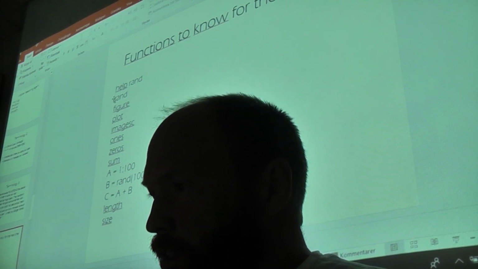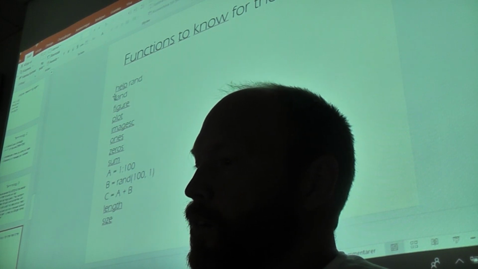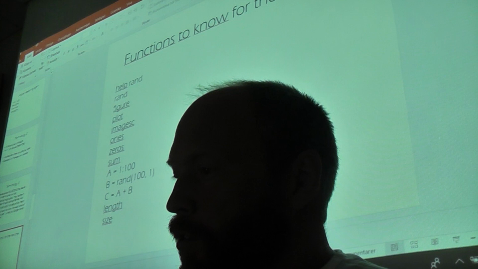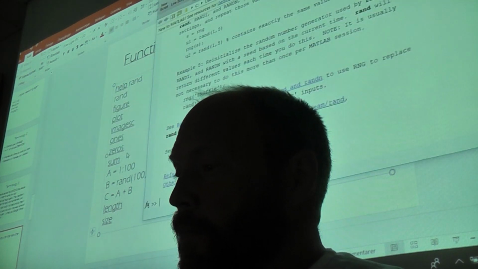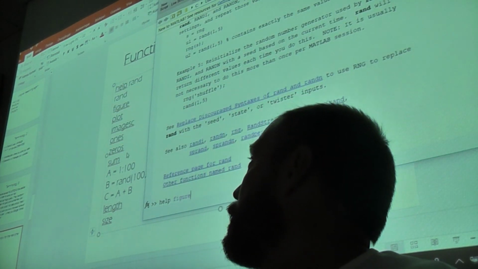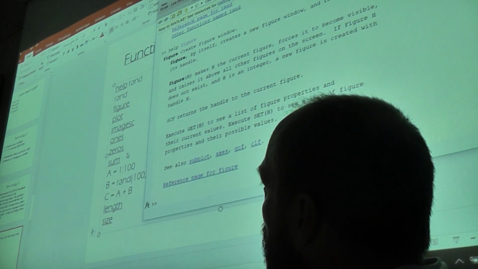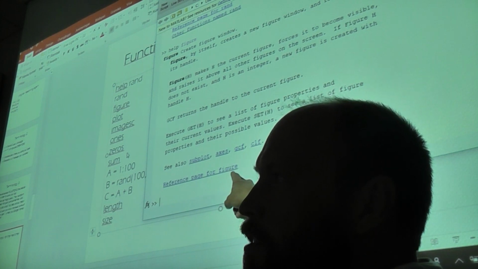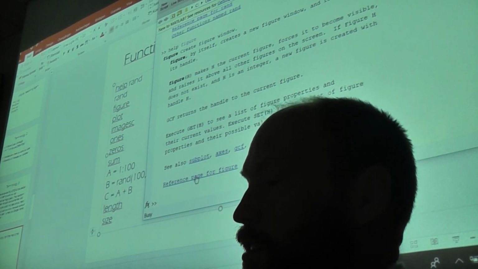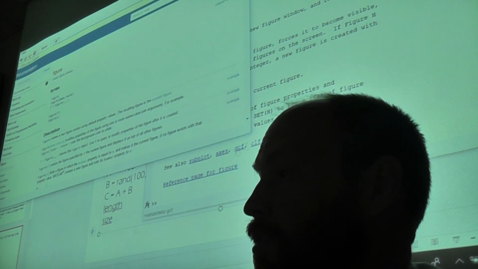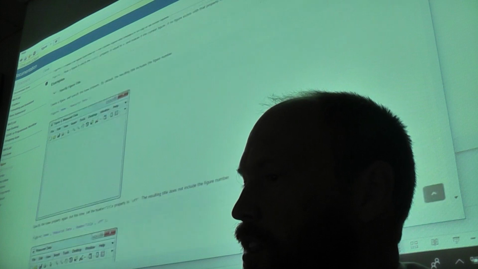So with this list, I think you should type help and the function name. And to know how to use a figure, you type help figure, and help plot, and so on. Now I type help figure, and we get the help text for the figure. And this is interesting because there's a reference page for most of the functions. And if you click that one, you will get to a browser with more information and examples, so you can see how to use them.